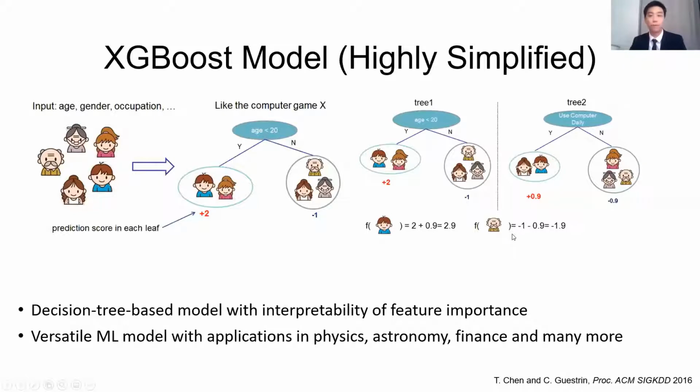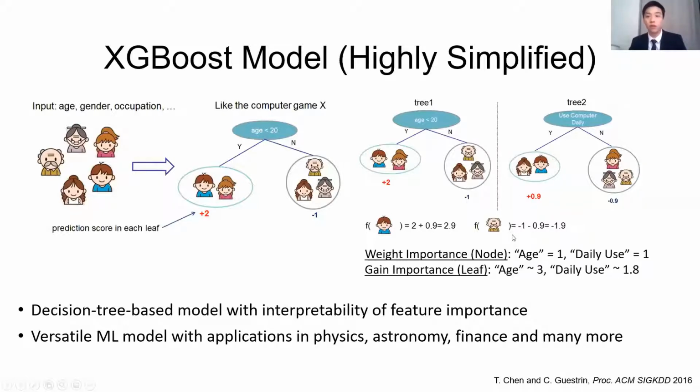Note that there are two kinds of importance here. One is the weight importance, which means the number of times a feature is used in a node in the decision-making process. In this simple case, where age and daily use show up in tree 1 or tree 2, they are of the same weight importance. The other is the gain importance, or the score in the leaves, showing how determining or how important a certain feature is. And the XGBoost model is very versatile in physics, astronomy, finance, and many more,